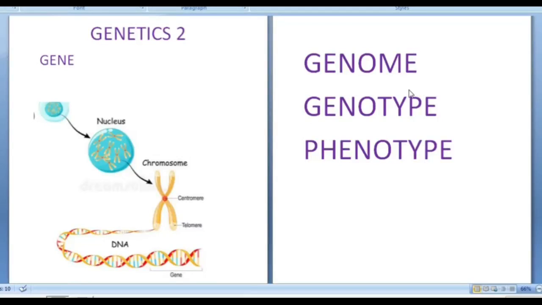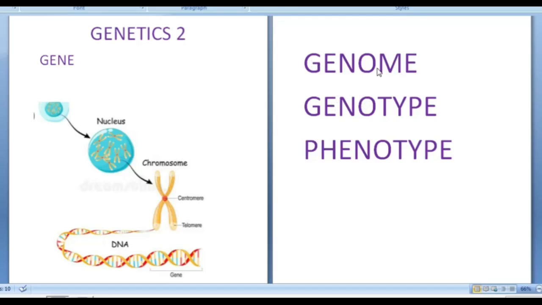Every cell contains a nucleus, and inside the nucleus there are chromosomes. Chromosomes are made up of DNA, and part of DNA codes for a particular character in our body, that is called a gene. Genes are specific parts or DNA segments of a chromosome which determine the hereditary characteristics. According to latest findings, there are 19,000 genes in humans. Chromosome 1 has the largest number of genes and chromosome Y has the fewest.